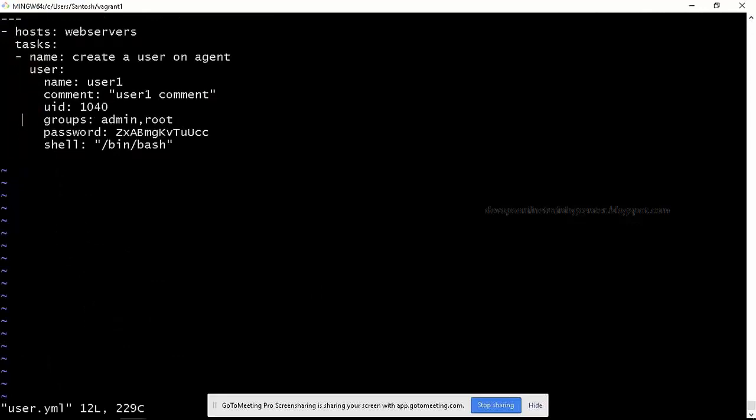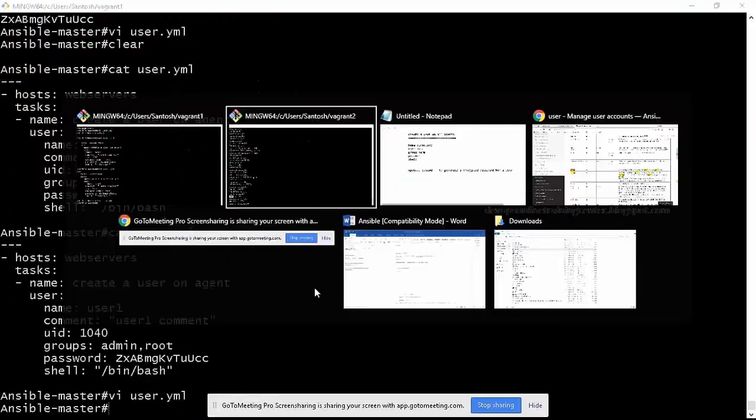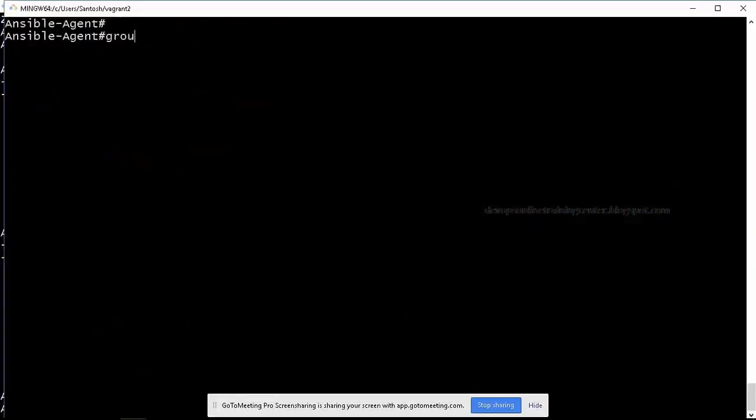So I'll go here and I'll say this admin, user group, root group is not present. Or we can create a group as well, right? So let us create a group then. User one, admin. These two groups we will create on the agent, and we'll add the user to those groups. How do we create a group? groupadd admin, groupadd user one.